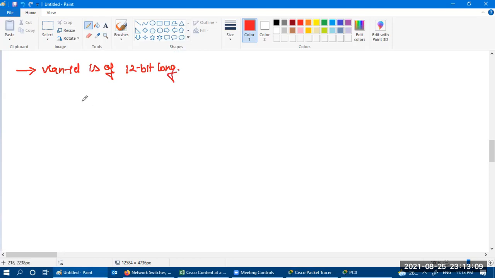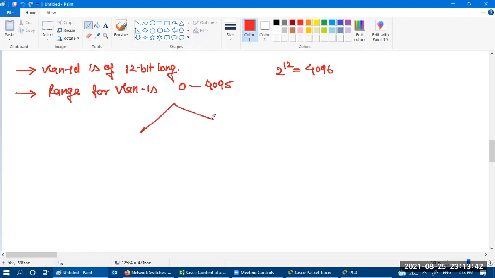So the range for the VLAN is from 0 to 4095, because if it is 12-bit long, 2 raised to power 12 is 4096, and the number range starts from 0 and ends with 4095. This is the range. Now this particular range is divided into two parts.